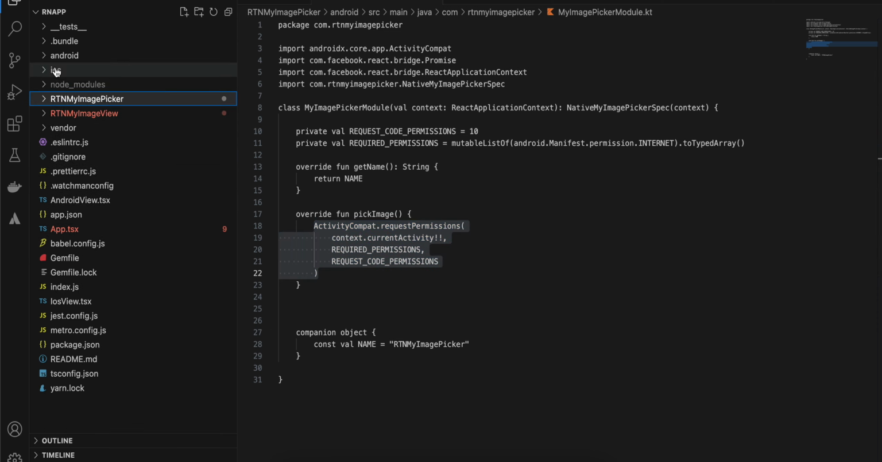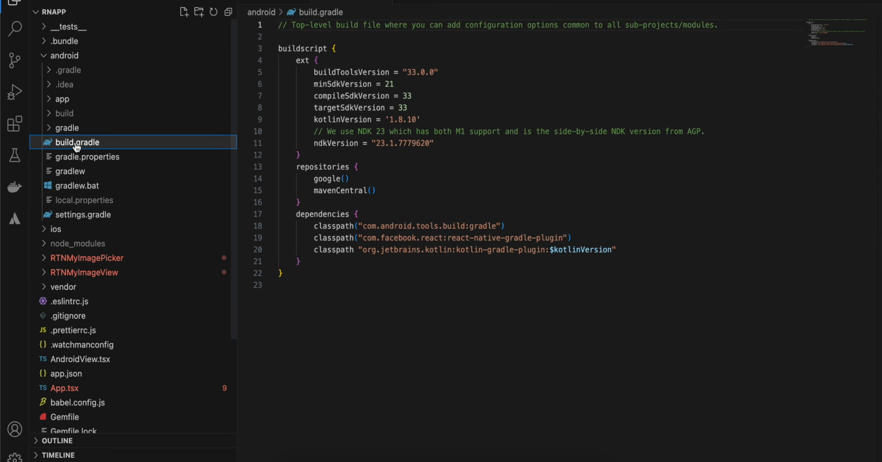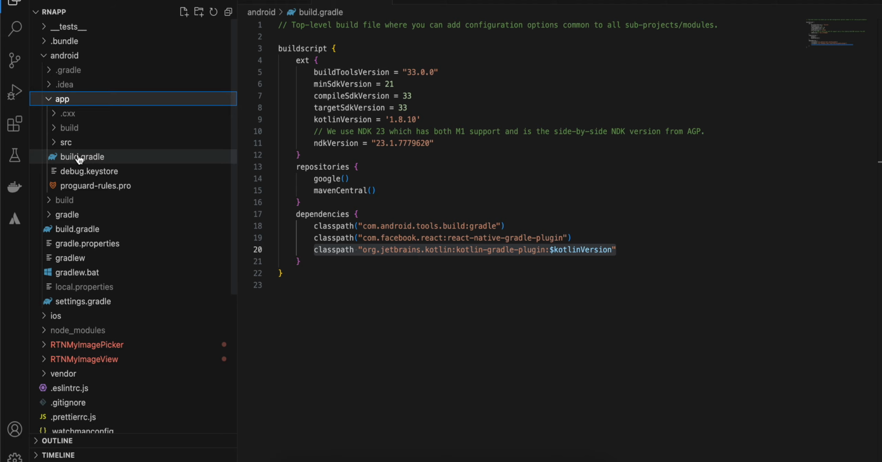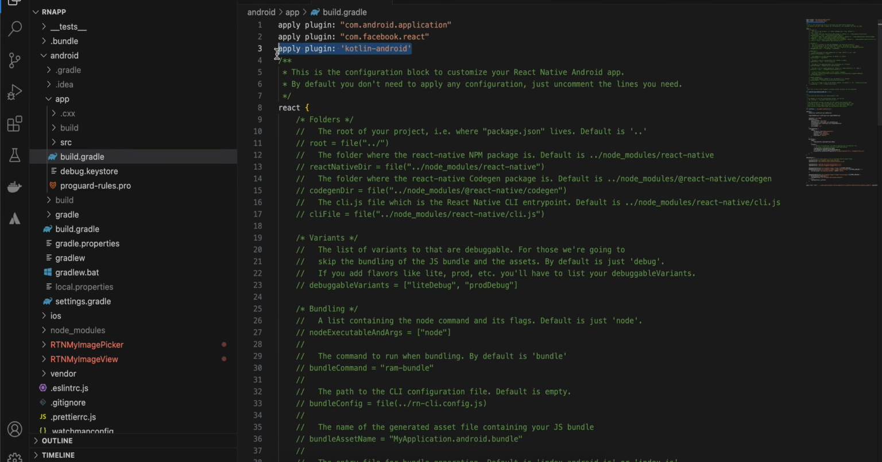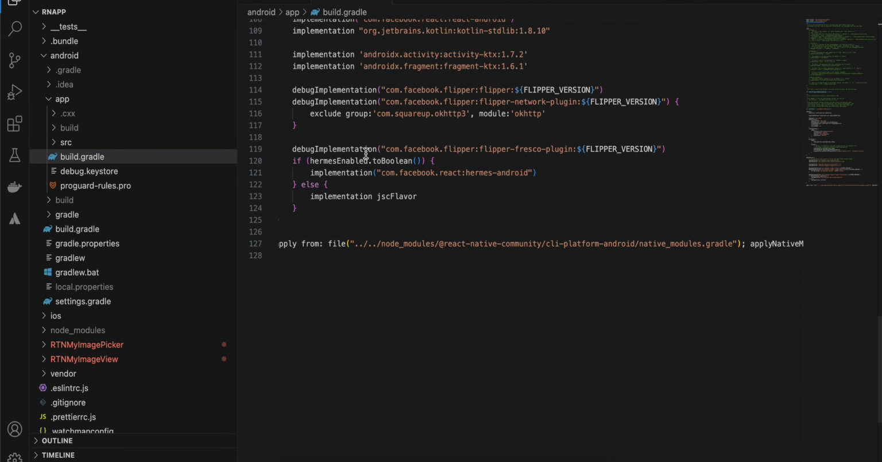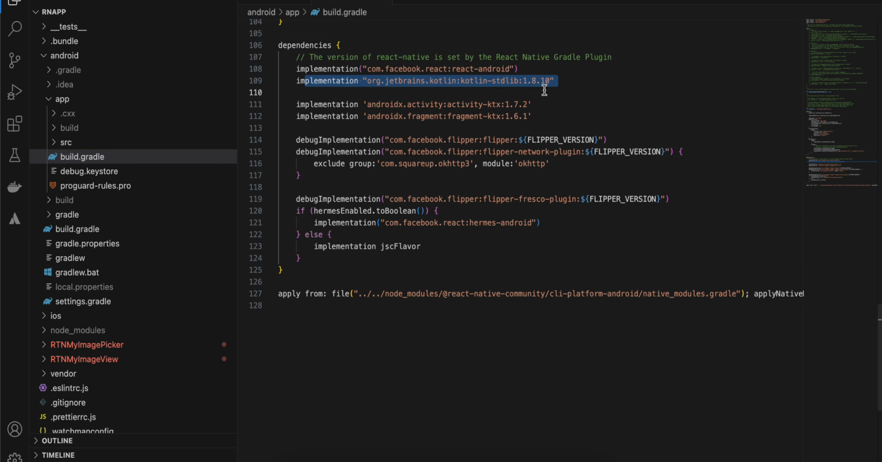Next, if you go to the main Android module, go to build.gradle. First add this Kotlin version as well as this class path over here. Next, go to app build.gradle, add this apply plugin Kotlin Android, as well as you will have to add this Kotlin standard lib, and you will have to add these two dependencies as well,